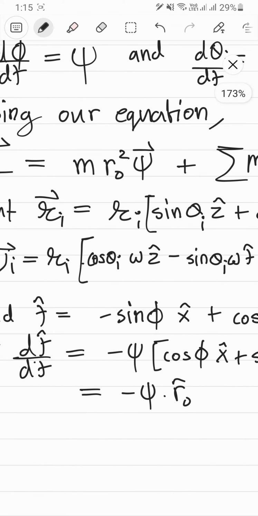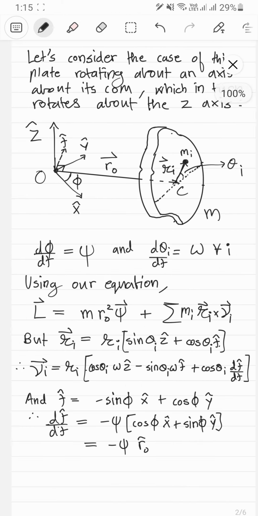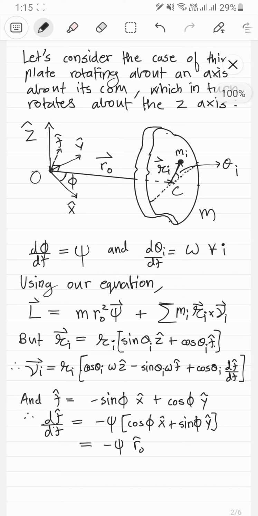This is not supposed to be dot, maybe I should not, yes, this is better. So this is not psi vector dot r naught vector, that's not the case. It's just the scalar psi, so negative psi times r naught hat, that is what the derivative of t hat is. So then plugging this into that value,